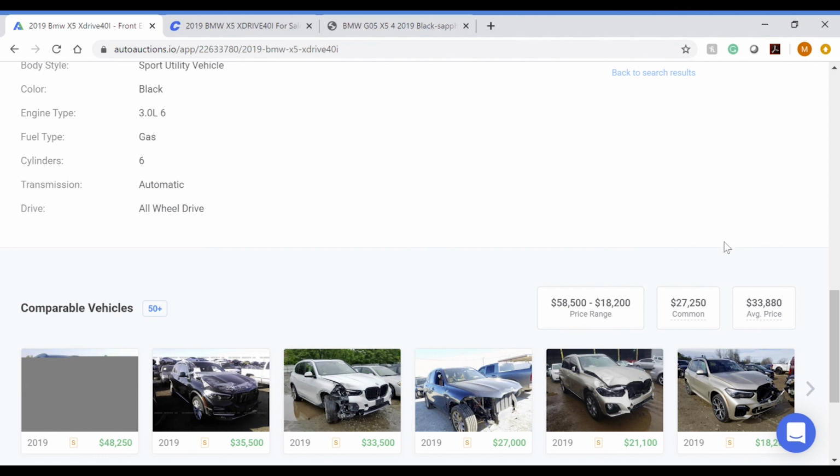With this package, probably around 35 would still be a good buy. Anything close to 40 would be too much. Over 40 is too much for this vehicle. Mid-30s is where I want to end up, probably 35 or so. Anything over is a bit too much because there's still a lot of work that you need to do on